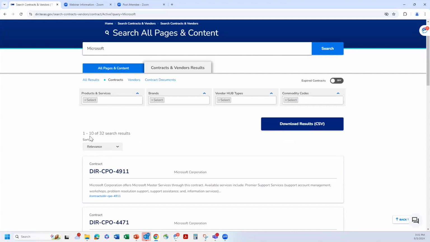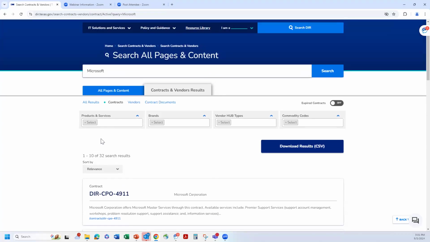But in my example here, I want to look for all contracts that are associated with the word Microsoft. So in my search criteria, I typed in Microsoft. I want to make sure I'm on contract and vendor results, and I'm clicked on contracts under this little radio button here.